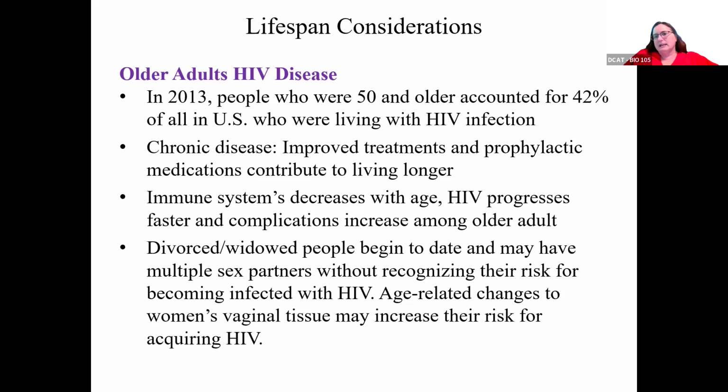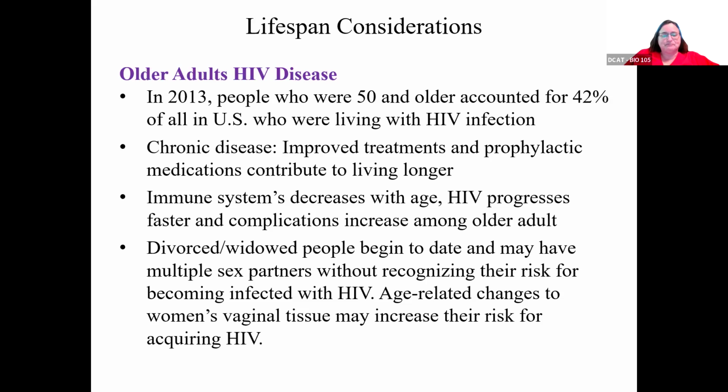It's not usually STDs, unfortunately. It's getting pregnant, right? Well, if you're 50 and above, you're probably in menopause, and you don't have a reason to worry about getting pregnant. So they're more likely to have unprotected sex. Okay, so this is going to put them at a higher risk of HIV being